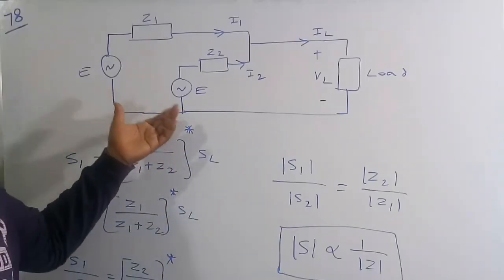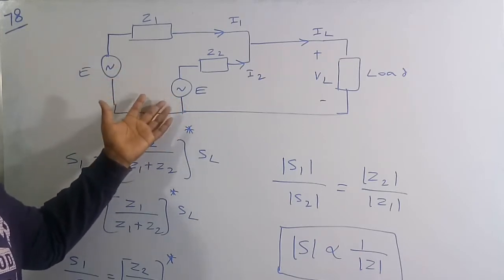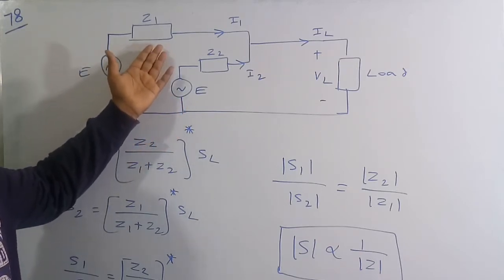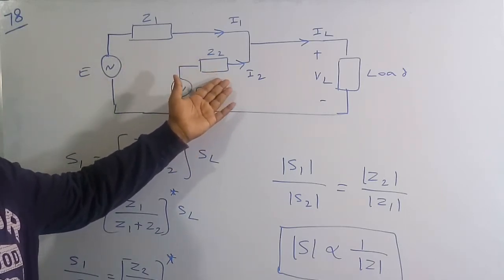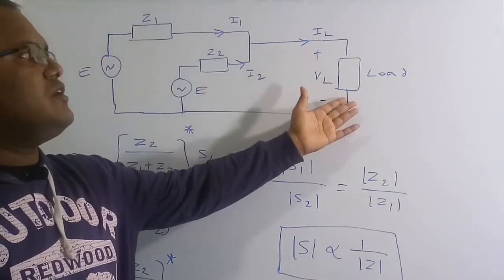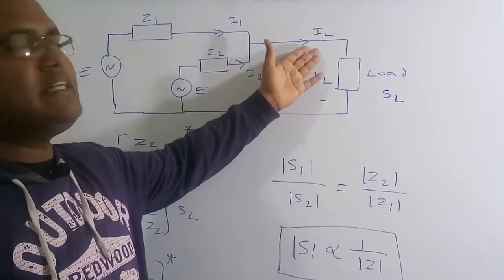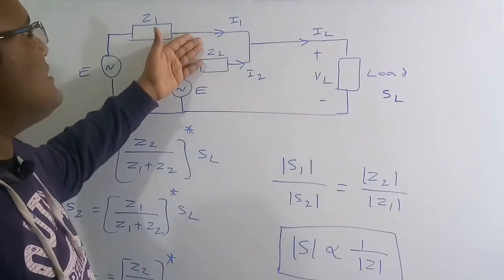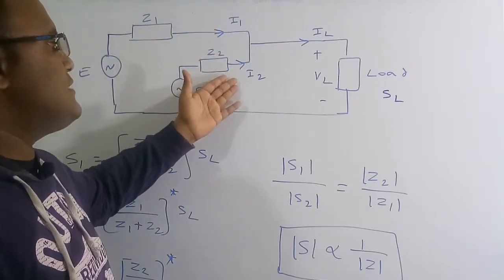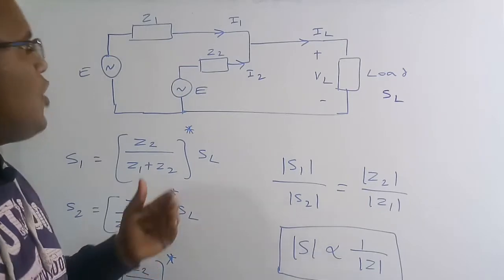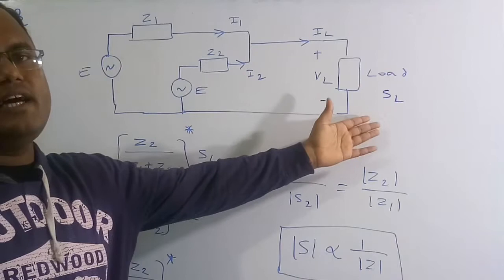So this is the secondary side of two transformers, T1 and T2. They have to induce the same amount of voltage. The first transformer secondary has an impedance of Z1, and the second transformer has an impedance of Z2 across the secondary. These two are going to share a load, which has some complex power of SL, the load voltage is VL, and the current taken by the load is IL. Now the current shared by the first transformer secondary is I1, and the current shared by the second transformer secondary is I2. So based on this, how much complex power is shared by transformer 1 and transformer 2 in order to meet the load demand SL?